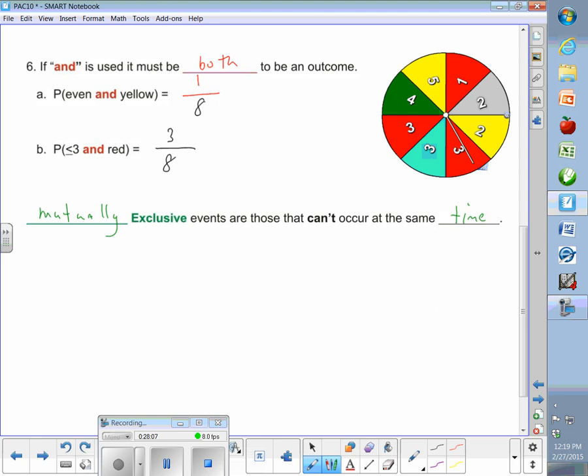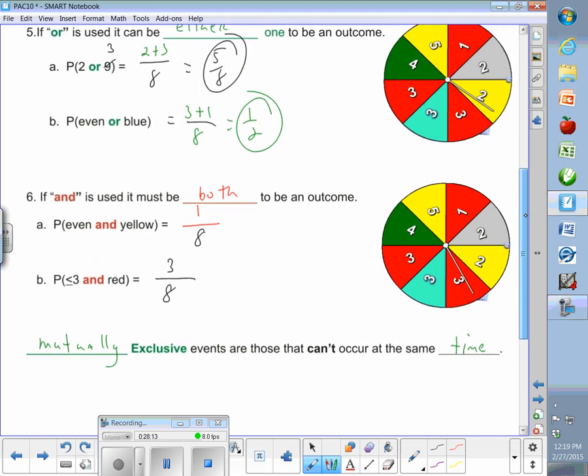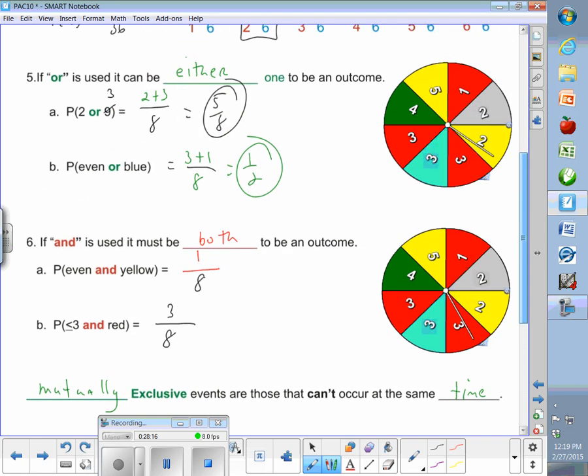No, you just have to look at the situation. There are a little bit more sophisticated formulas. Everybody look up here for a moment, please. For the or and the and, you can mathematically make a little bit more sophisticated formula for those, but it's so much easier, I think, just looking at it common sense wise. Or means could be either one. 2 or 3, which ones are 2 or 3s? And means it has to be both, even and yellow. There are mathematical formulas for those, Jack. I don't think they're worth the time because just common sense will get you where you need to go on those.